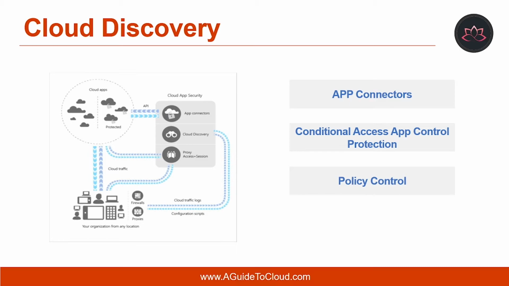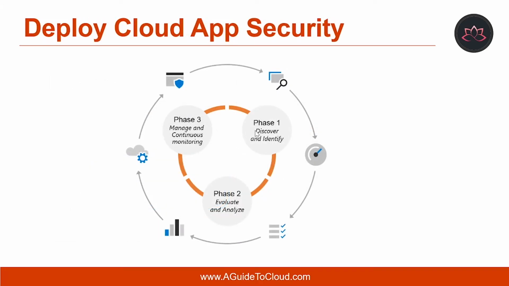Multiple types of policies correlate to different types of information you might want to gather about your cloud environment and the type of remediation actions you might take. So how do you deploy Cloud App Security? Microsoft Cloud App Security can help you take advantage of the benefits of cloud applications while maintaining control over your corporate resources. It works by improving visibility of cloud activity and helping to increase the protection of corporate data.